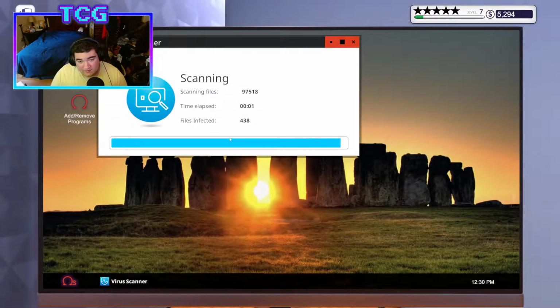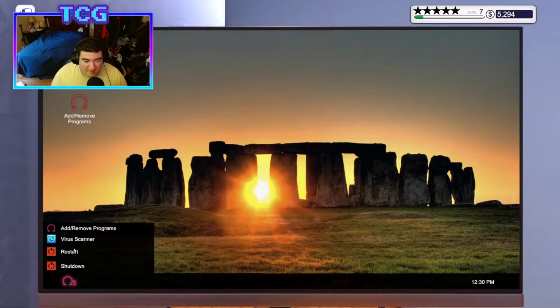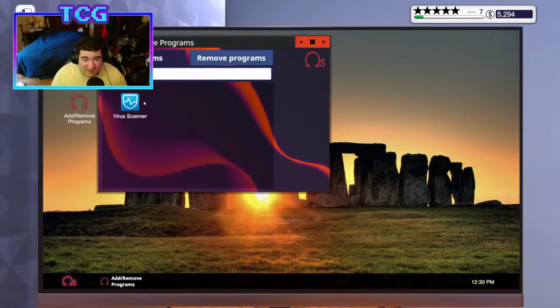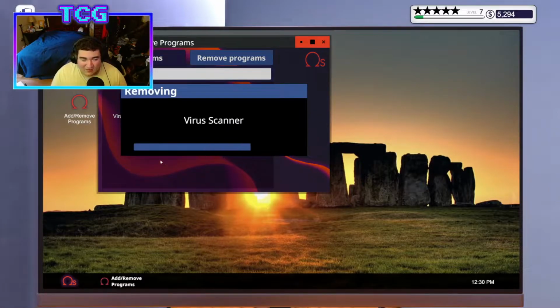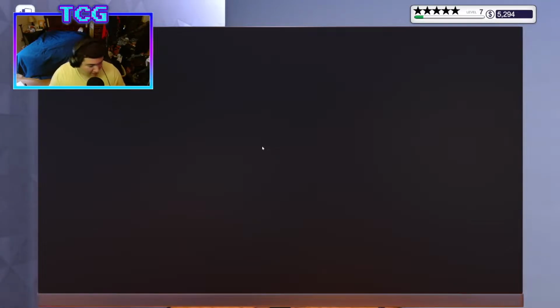We have ourselves 438 viruses. Damn, these guys cannot take care of their computers to save their lives. It's kind of annoying. I do regular scans on my home computer all the time, and I get nothing. No scans for threats whatsoever. And I've had this computer, at least this setup and install of Windows, for probably a few years now. Because when I first started it,